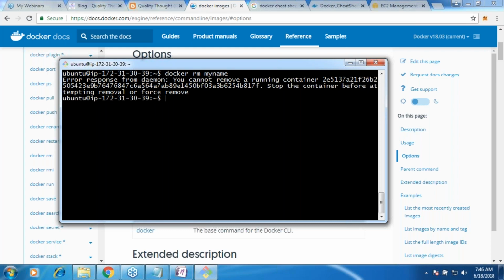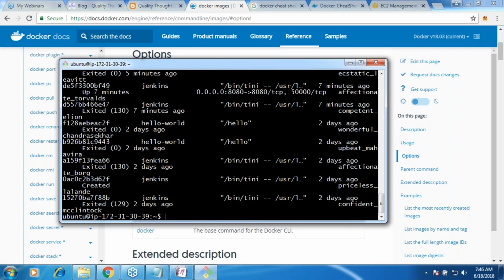Now, if you want to sort it out, there is one more way. You can be rude to the Docker. You can say that I want to remove this container. I am not worried whether it is running or not. I will use -f. It is a force delete. Now, if you see, it will not complain. It will silently do its job. Right? Now, let me do docker ps -a. Are you seeing anything called my name over here? I also lost history. Remember that.